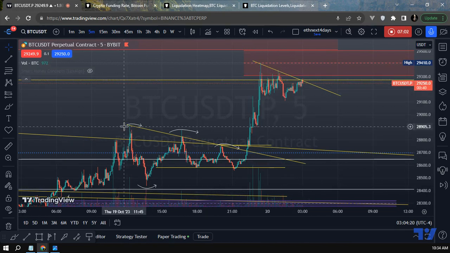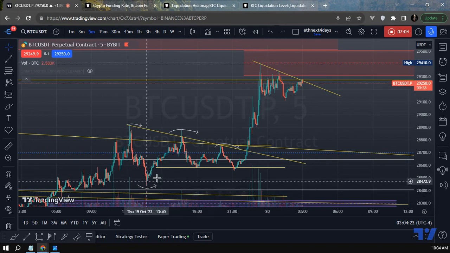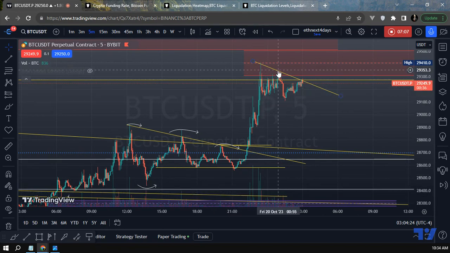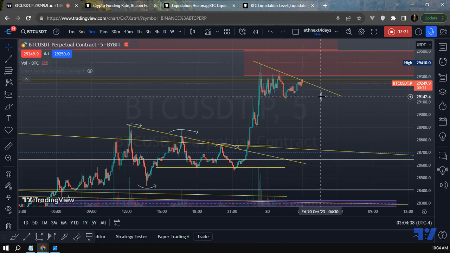So this is the first higher high, and then we performed the short squeeze right here. So we performed the short squeeze, I'm sorry, the long squeeze or the liquidity grab on the second high. We came all the way here. And this is essentially the low of this momentum candle, right? And we had some volume imbalance, buy-side liquidity around here. It's filled, picked it back up, and it's getting rejected right here.